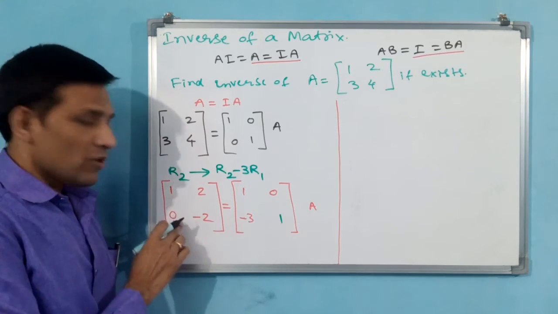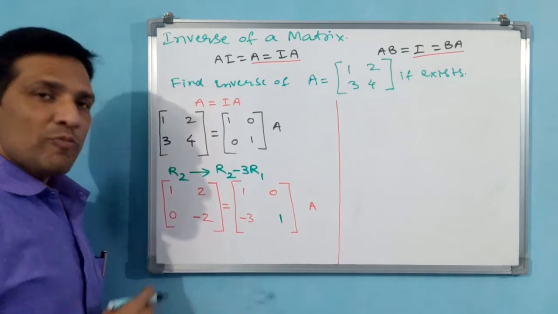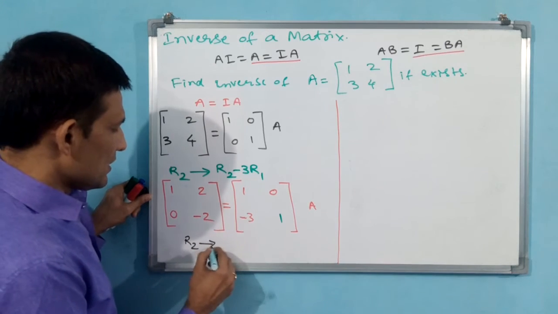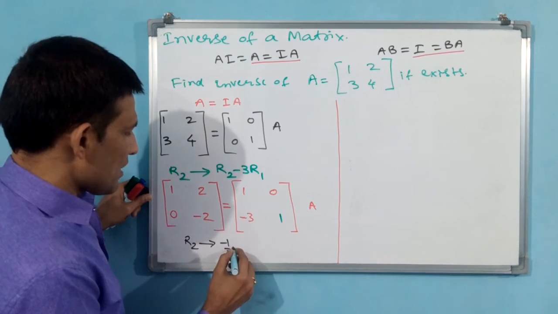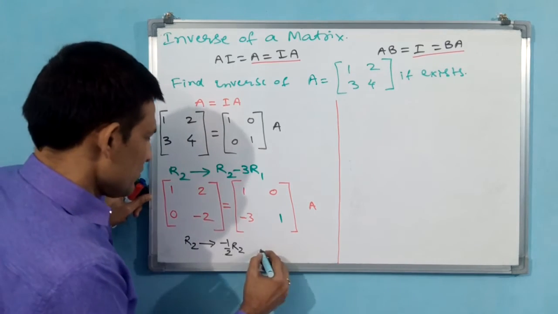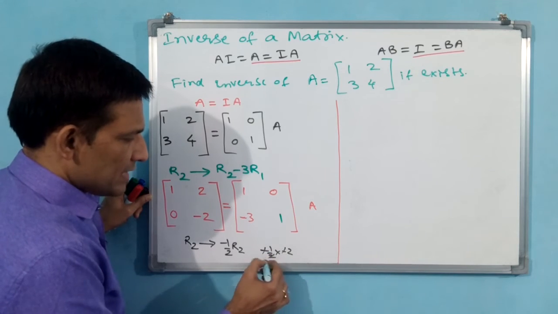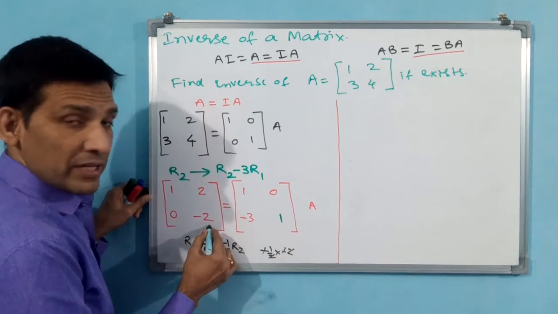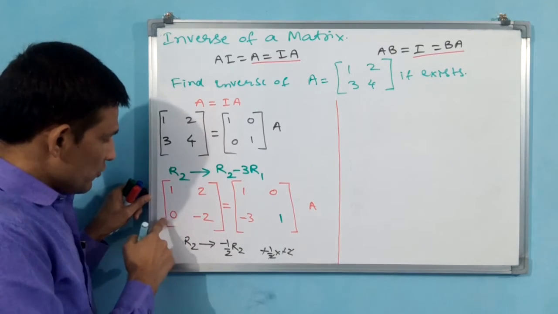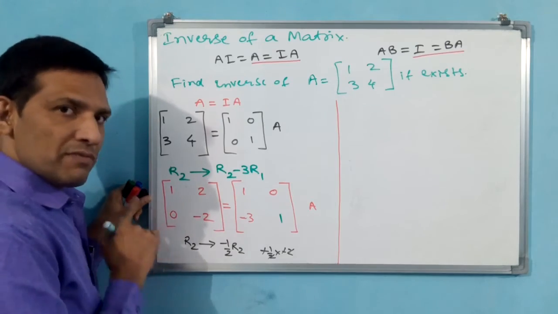Now you see, 1 0 is also over. Now this you have to make as 1. How to make 1? See, the change is in R2, and I am going to do minus 1 by 2 into R2. Then what will happen? You see, minus 1 by 2 into minus 2: minus minus is going to get cancelled, 2 is going to get cancelled, and 1 is going to come here. Then do you change this? No. 0 into something is 0. This will be like this only.